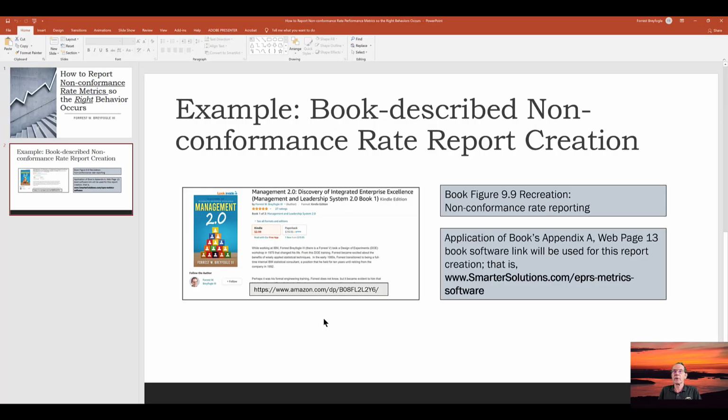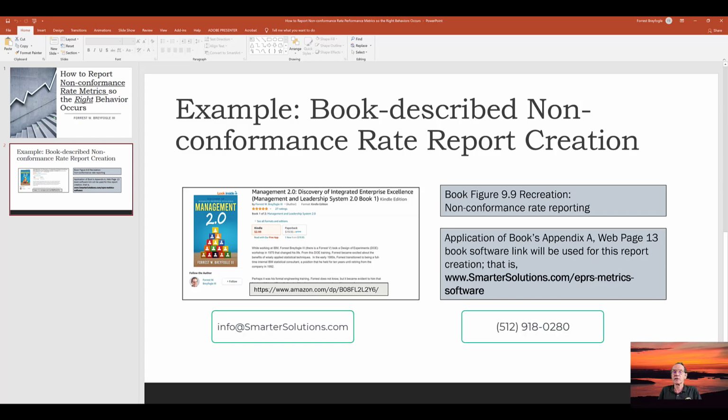So in summary, I described a methodology to use an app so that you can create 30,000 foot level charts. So if you have any questions about the recreation of this chart, or you may have a particular set of data that you would like to create a 30,000 foot level chart of, please contact me at